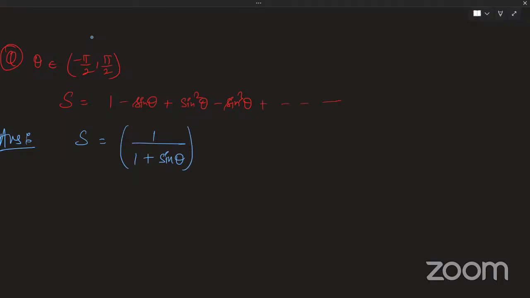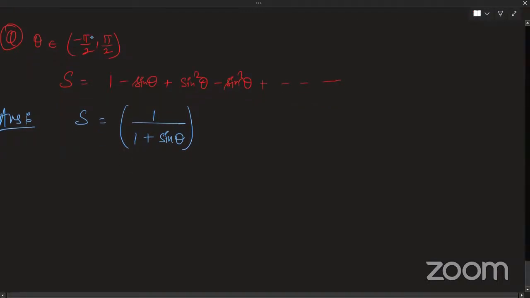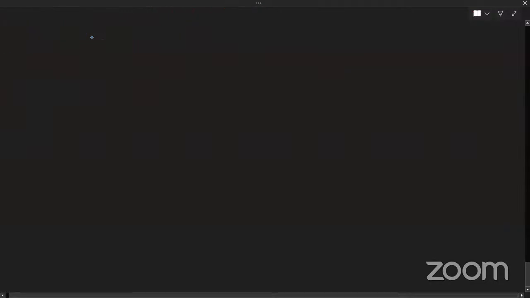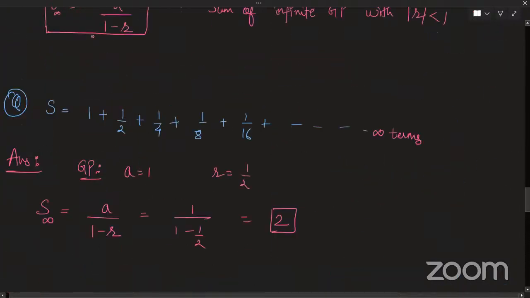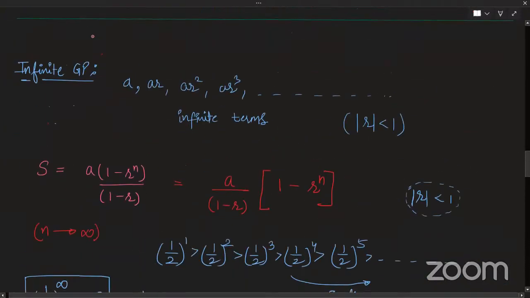Now, I guess you all have understood it correctly, right? Yes, sir. Fine. Okay. So before moving ahead, I would just want you all to understand one nomenclature. So everyone has understood this infinite GP, right? What is meant by the term